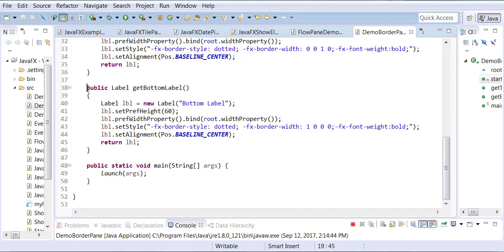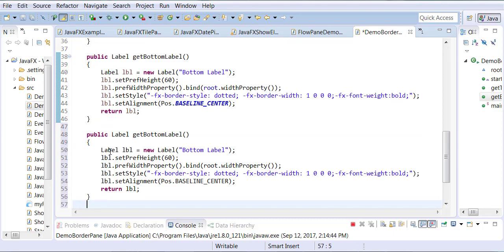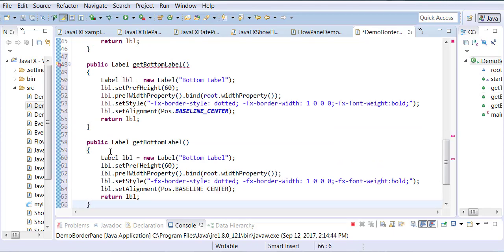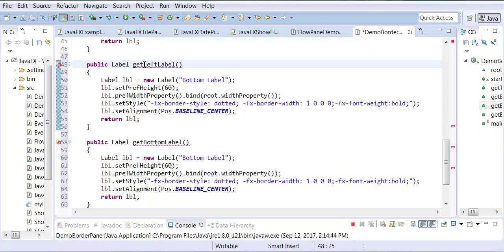Okay, we're now going to do it for top. We're now going to do it for left and right. So let's copy this again, and let's copy and paste it 2 times, one for left and one for right. So we're going to do get left label, and then make sure that you change a few things. Number 1,